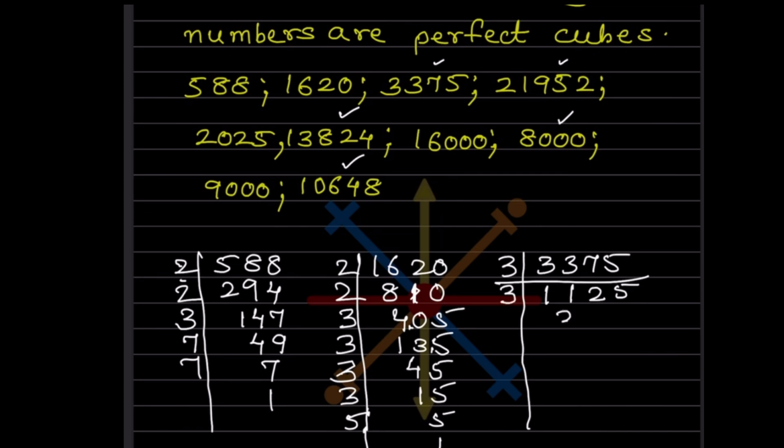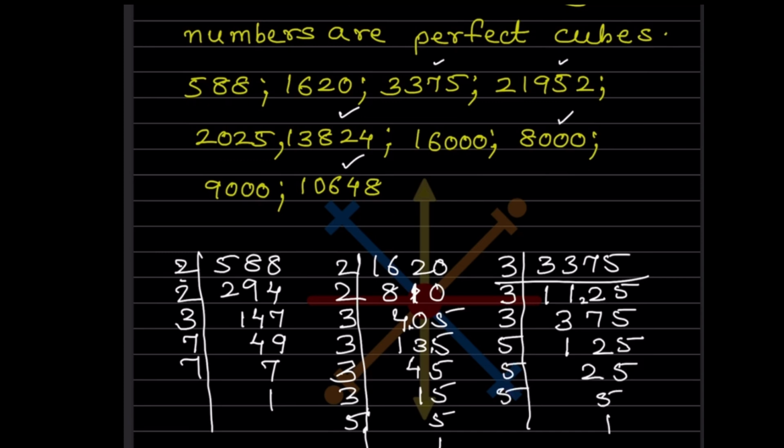3 threes are 9 and here the remaining is 2, means 3 sevens are 21, 3 fives are 15. Again with 3. 3 ones are 3, 3 twos are 6 and this will be 3 fives are 15. This will not go with 3 but with 5. 5 twos are 10, 5 fives are 25, 5 fives are and 5 ones are.